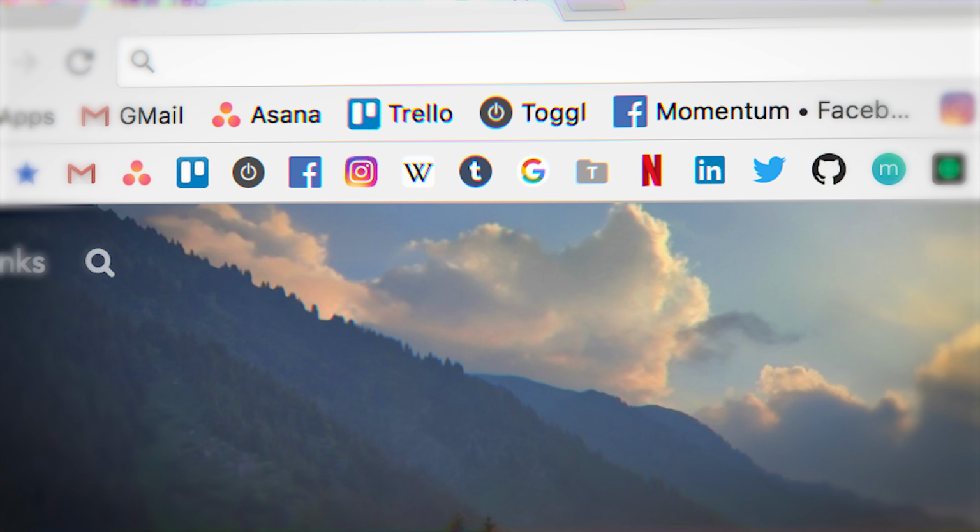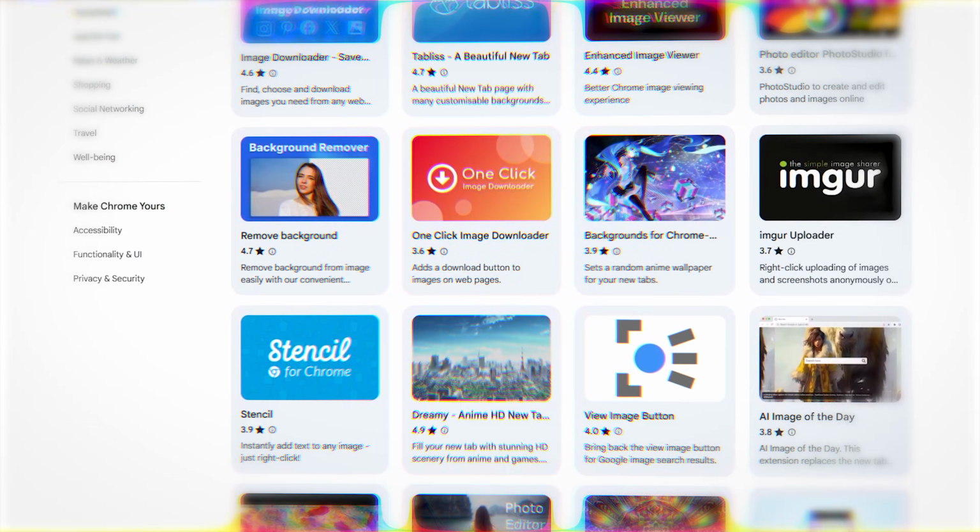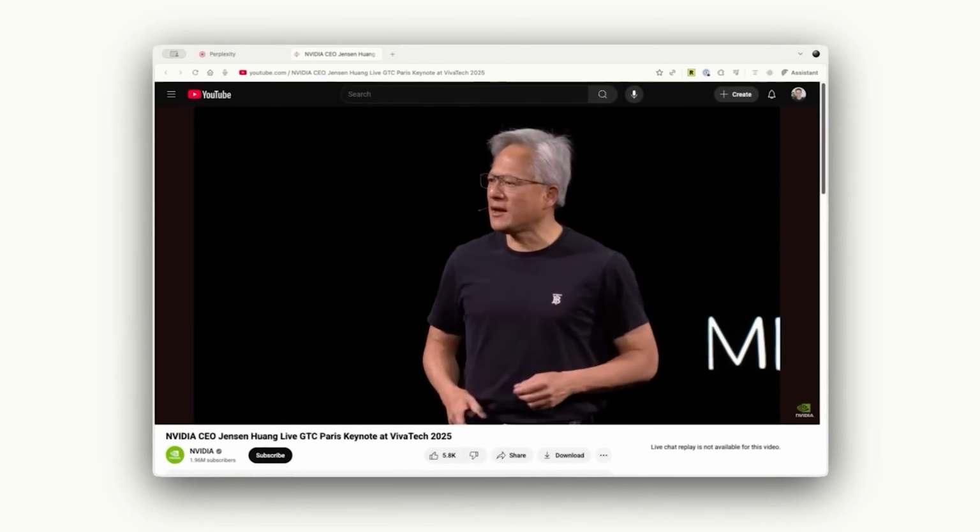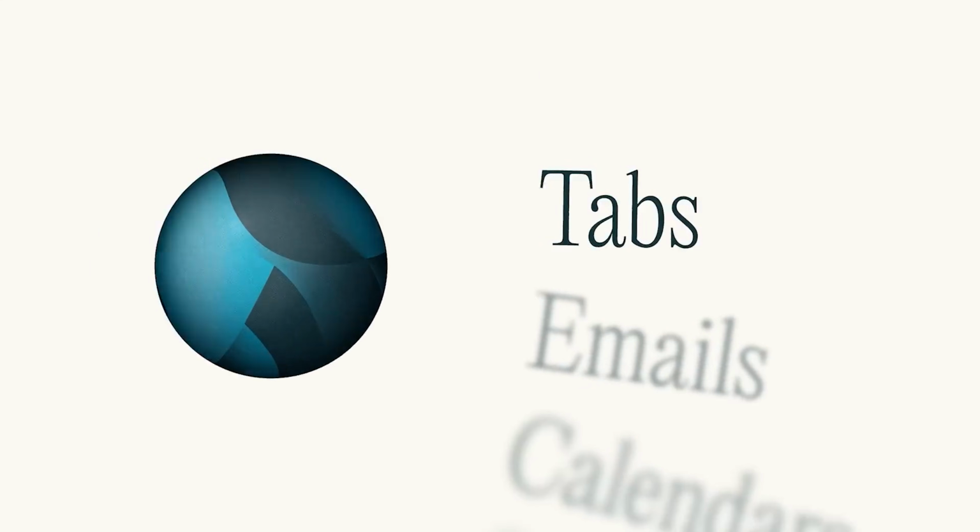The first time you load up Comet, it's going to show you a little animation and ask you to pick your color scheme. Once you've done that, they make it really easy to import everything from Chrome. So you can import your bookmarks, your Chrome extensions, your saved passwords, all of that stuff gets migrated over. So when you start using Comet, you can pretty much pick up where you left off over in Chrome. Now you might have to log into a few things again, but other than that, it feels pretty seamless to